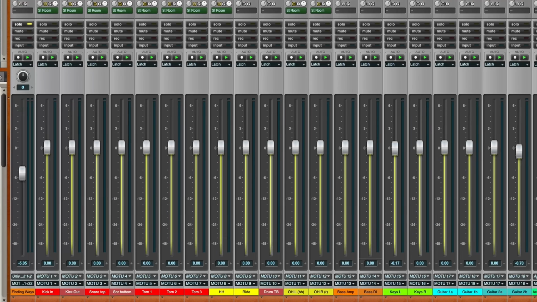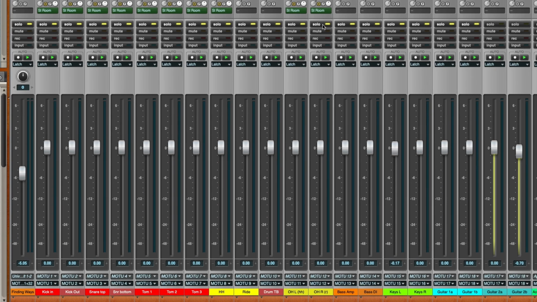So it's really nice if you're tracking a live ensemble. You can have the entire band or the rhythm section selected. That way, when I select a track, it's going to include all the microphones in that group. So if I've got a drummer, a bass player, a keyboard player, a guitar player, even a singer, I can assign all those as one group, as a live ensemble or as the rhythm section, whatever you want to call it. And that way, when you're tracking different songs, you can jump back and forth between selecting the entire group,